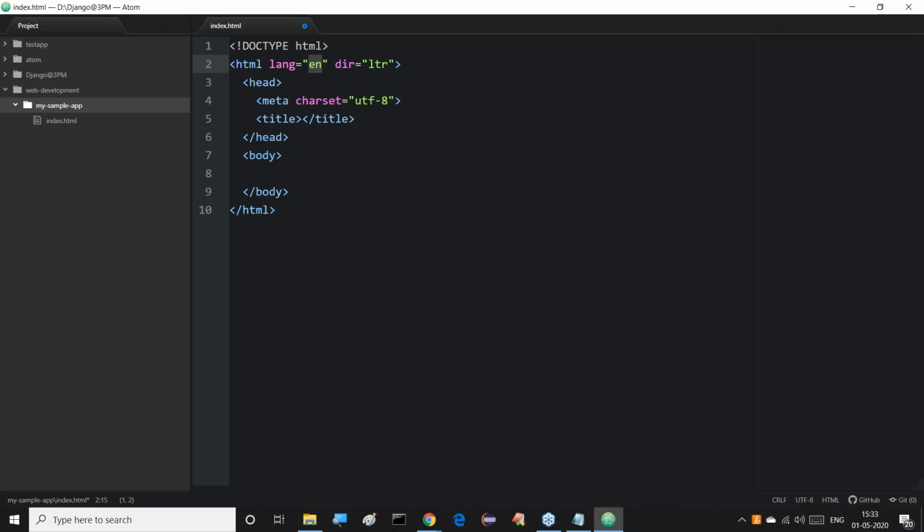So these are the advantages of this Atom. At the tab we are getting a blue color dot. It represents it is an unsaved HTML file. So click on Control S, and automatically this document will be saved. Control S is a shortcut for saving the document. We have to understand clearly what exactly the point I'm telling you.